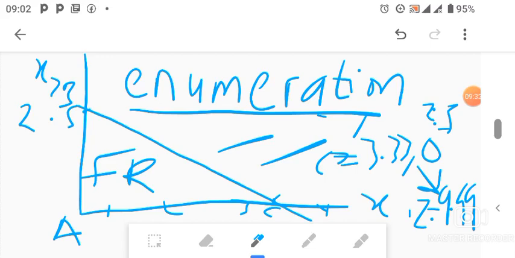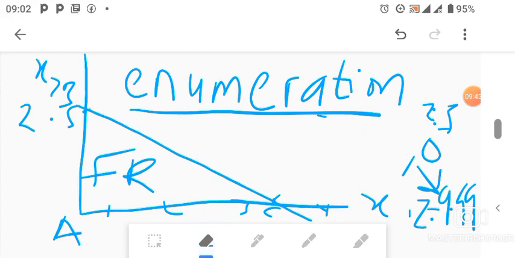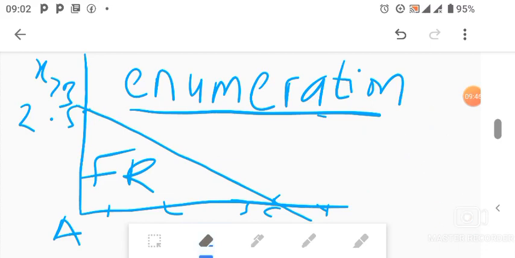Look at the first point where A is 0, 0. Is 0, 0 within the feasible region? Yes, it is very much. You take note of it. So you put it aside somewhere. I'm just erasing some of these things. So you have the first point 0, 0. If you try another point, what about 0, 1? 0, 1 means the 1 is on the y-axis. Is it still in the feasible region? Of course it is, right? It also qualifies as a point. You also take note of that.